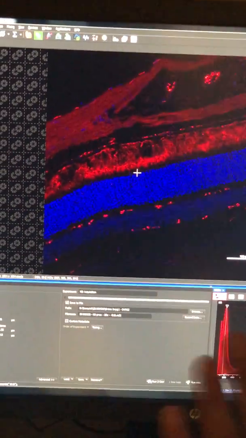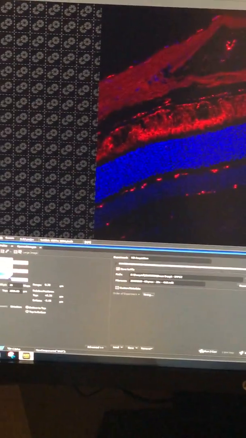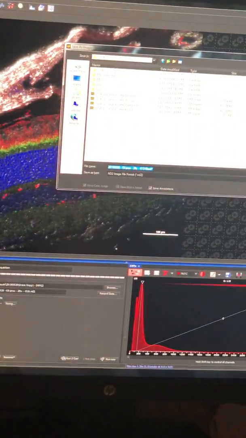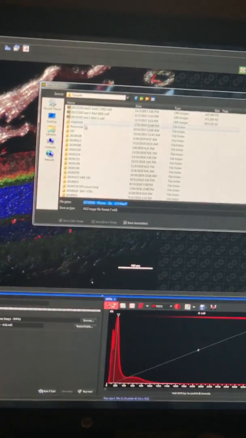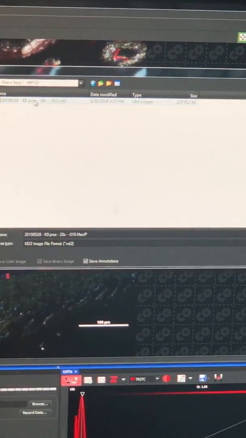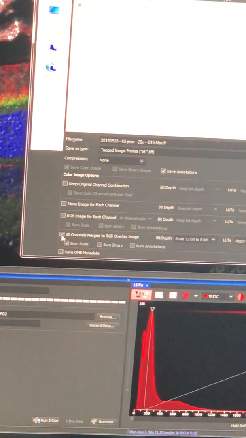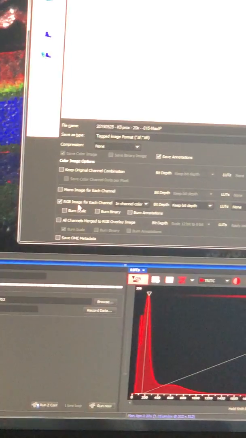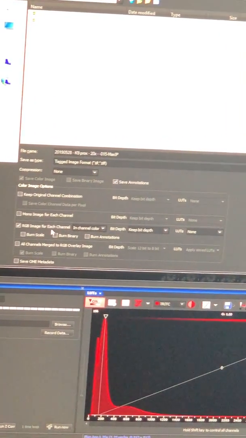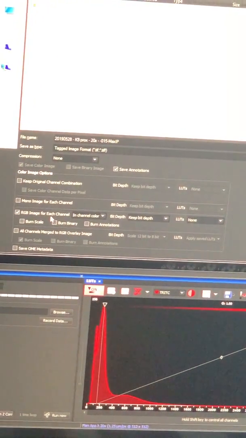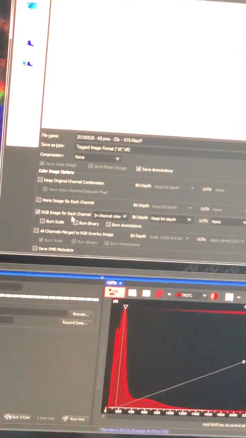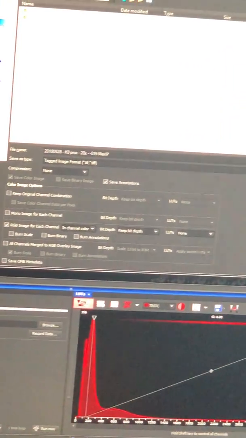If you want to save all the data separately, for example, you can do Save As, TIFF, and do not merge all the things. You can unclick this and click here. Do an RGB image for each channel, for DIC, for red, for green, for blue. Okay, if you press save,